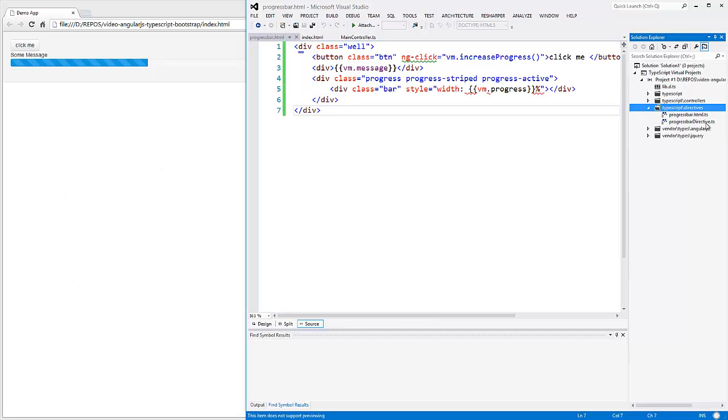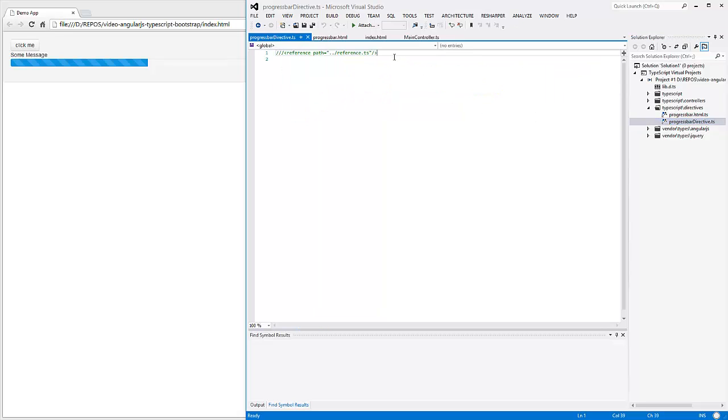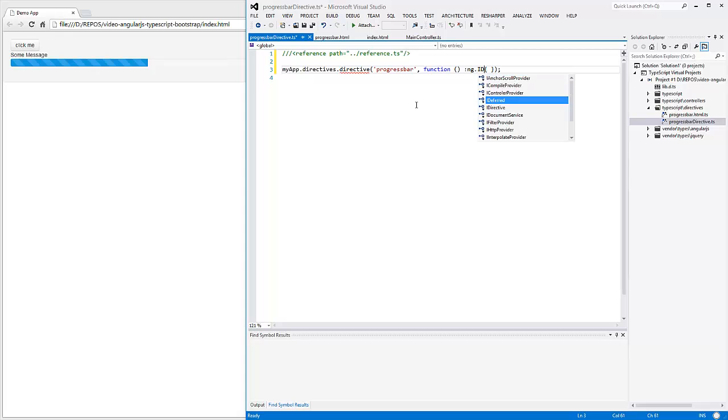Now I'm going to go ahead and create a new directive definition. I'm going to call this progressBarDirective.ts. I've already added a reference to my reference file, and I'm just going to register it with Angular using the module's directive function. It's going to be called progressBar, and this is my directive definition function, which is going to return something of type ng.IDirective,